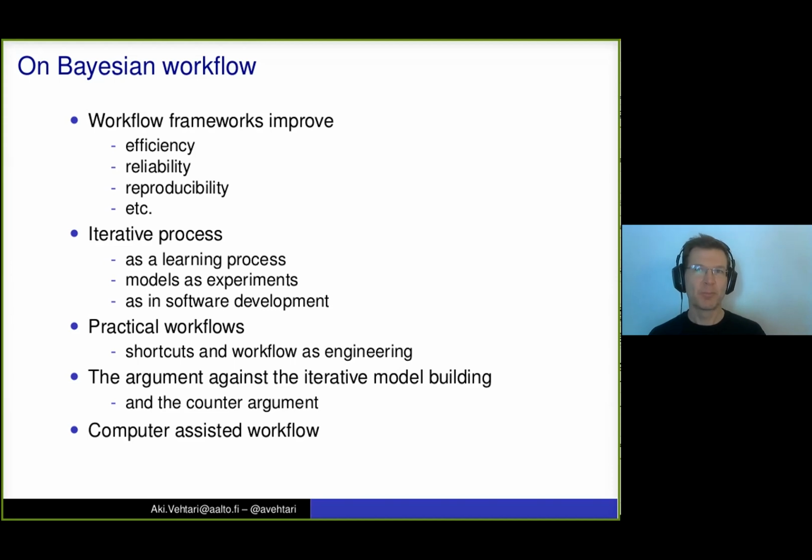And I know other people who are doing applied work that are following these workflow guidelines we have, but what is really missing is more software assistance for this.